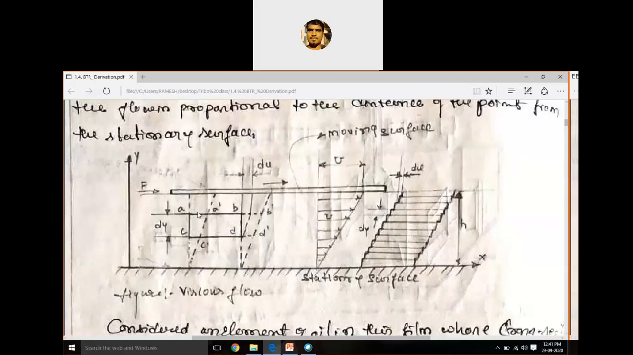This means the displacement A to A dash is more when compared to C to C dash. B to B dash is more compared to D to D dash. It is because it is proportional to the distance from the stationary surface. Means this proportionality is the same. If we keep on moving to the bottom surface, or stationary surface, this displacement becomes 0, and it is maximum at the top surface. Okay, and this can be written as